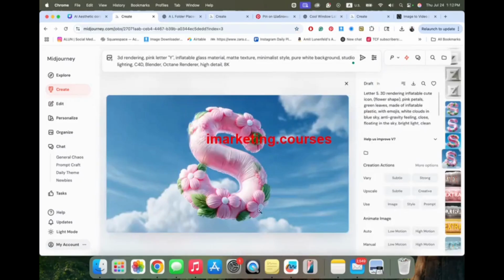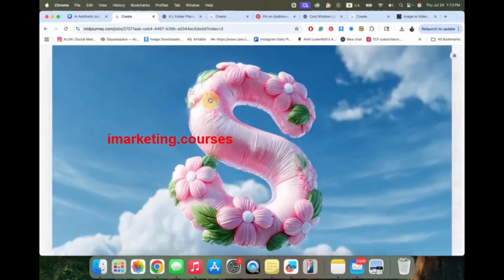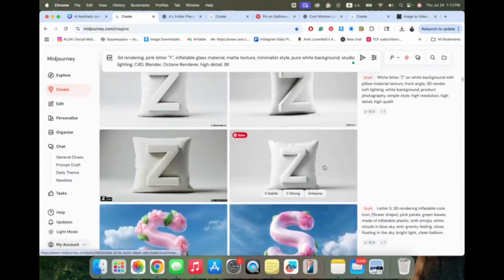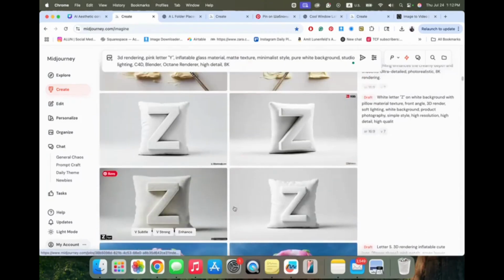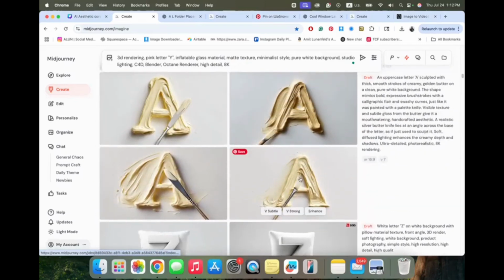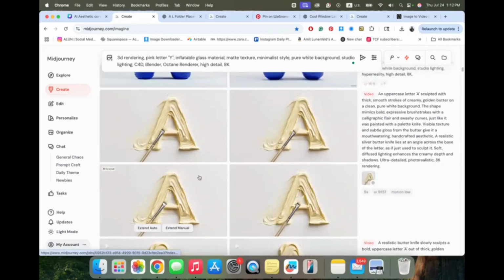This is a cute one with flowers, you can see here. It's not 100% perfect, but I'm sure if I move it into a video, an idea for a video that I would create here is to make this flower bloom or pop on the S letter or something like this. I was trying to create a Z, like people are sleeping, but it didn't turn out cute. This one actually is really cute, butter, and I like the way this video looks.